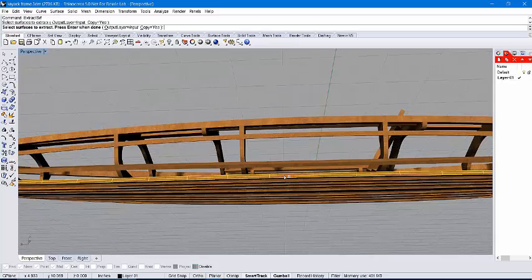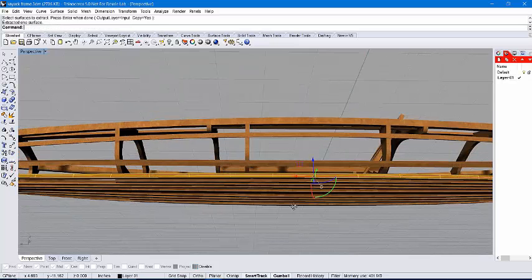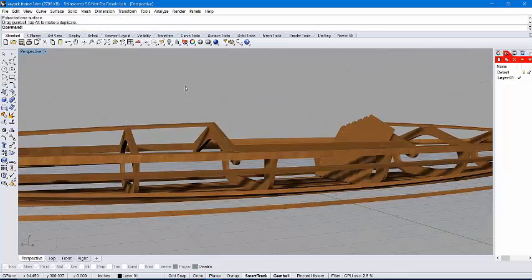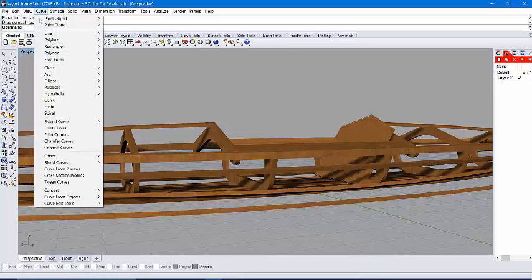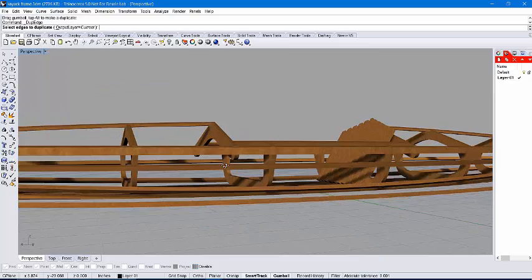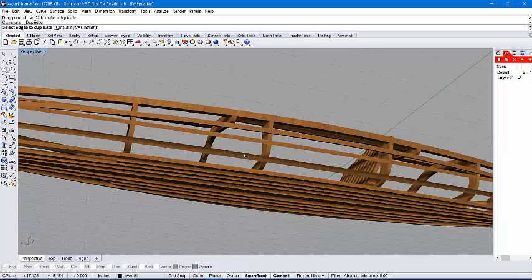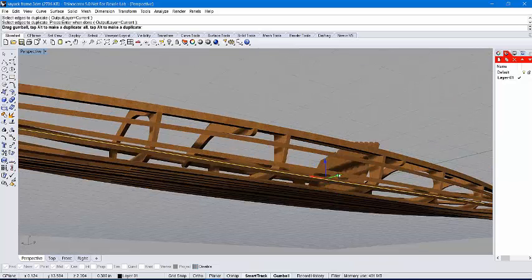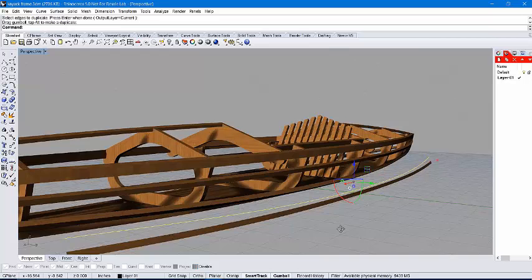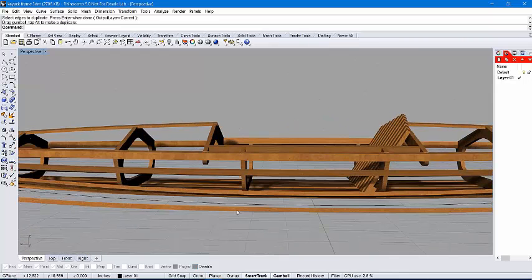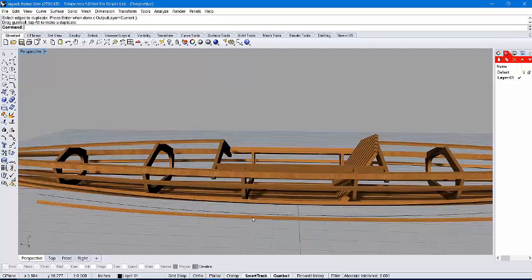And I'll just pull it out so you can see it a little bit better. And then for the curve, you go to Curve, Curve from Objects, Duplicate Edge, and then you'll once again select the curve that you want extracted, and I'll pull it out just so you can see that better as well. So you can see now that these are the guide curve and guide surface that will be used for grain orientation. However, I don't want to do this for each individual piece, so I'll show you an